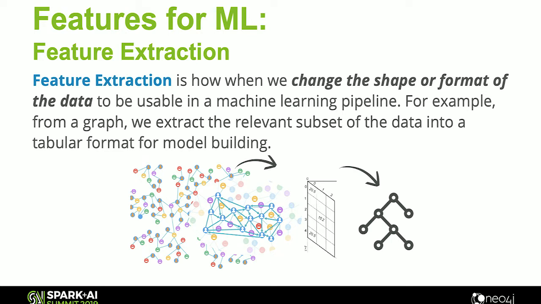So perhaps I do a strongly connected components algorithm, look for those communities that are more dense, and then I pull that out, I use that as my filter, and I run that through my machine learning. So much faster to do that than to use a table with lots of indexes and try to parse your data down manually. So that's a simple way you can just gain some efficiencies there.